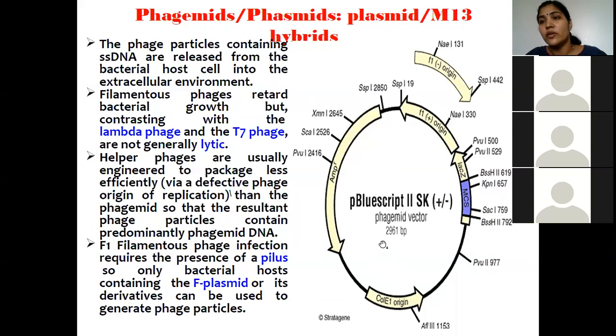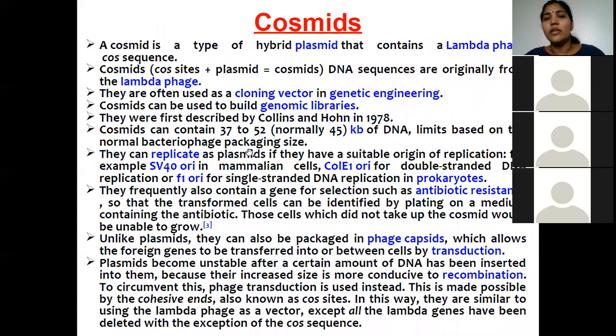In case the plasmid part is active, then it will replicate individually with the help of the bacteria, because plasmids have the capacity of replicating themselves independent of the host DNA. But if the phage part is replicating this particular recombinant DNA, then they will be going through the lytic and lysogenic phases, etc. So that is what phagocytes are. We don't have to learn in detail about this.